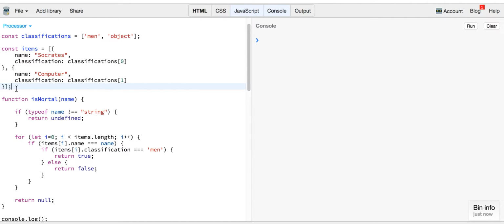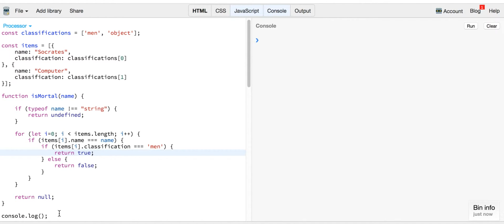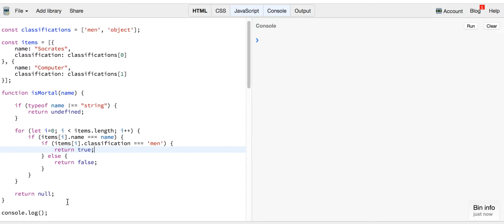So below that, I'm defining the actual function that can be provided a name property, and it searches through the array of items by looping through it and checking if the classification property equals the men category, and if it finds it to be true, it returns the true value, otherwise it returns false. So if I just run this function, invoke this function and provide it with